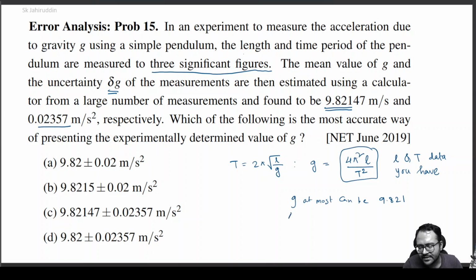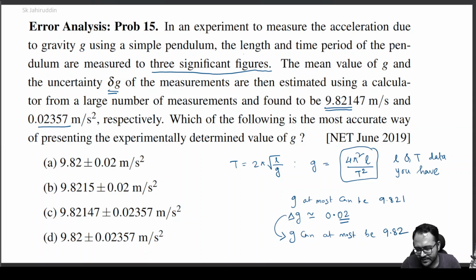So delta G could be approximately 0.02. We don't write this 3 or the rest. So the error is up to 1 significant digit. So using this, G can at most be